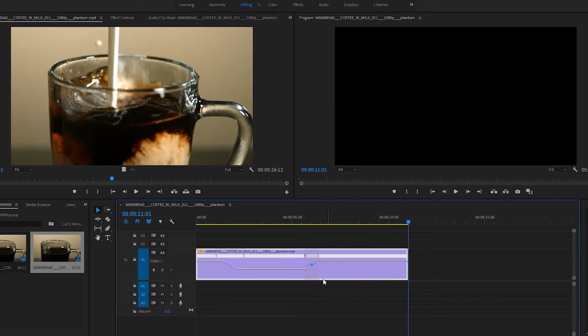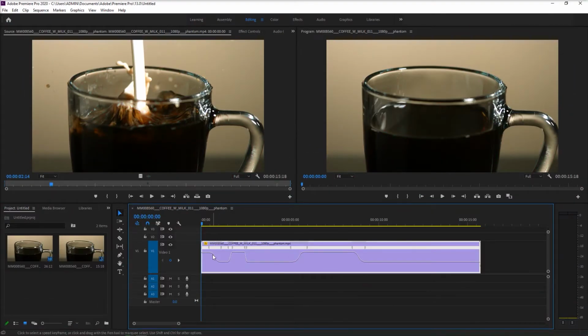You can do some more tweaking by increasing speeds and decreasing speeds, adding some effects from the effects panel and many more things. So this is the tweaking I was talking about. I played around with the timeline, increased the speed and added more keyframes, and this will look much better than the earlier version, as you can see right now.